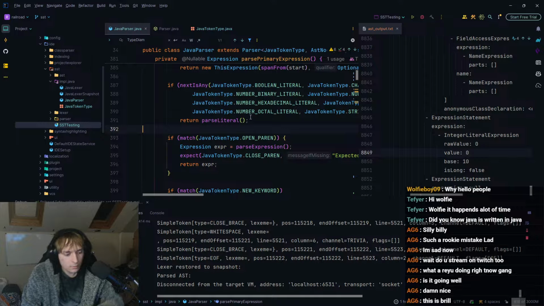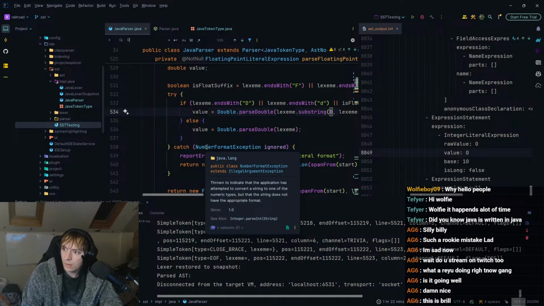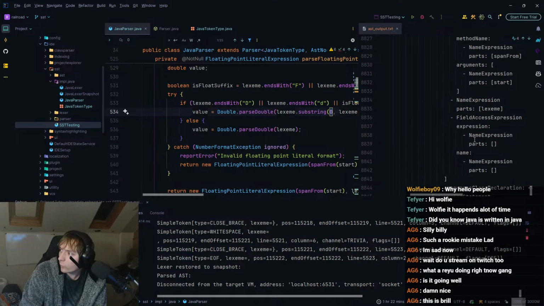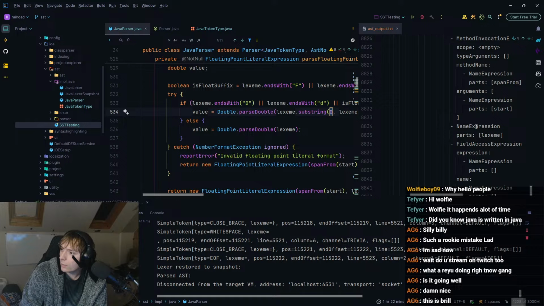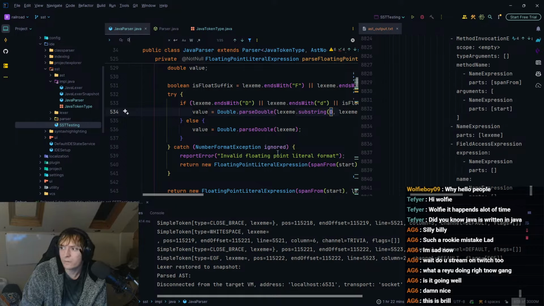Interesting. Okay, let's search for 0. There aren't going to be that many of them. I doubt it's this. I guess that's line 500 though, so that would be about correct. But it can't be that. What was before it? Span from start lexeme. No, that's not correct. It's somewhere else. It must have got further than line 500 then.